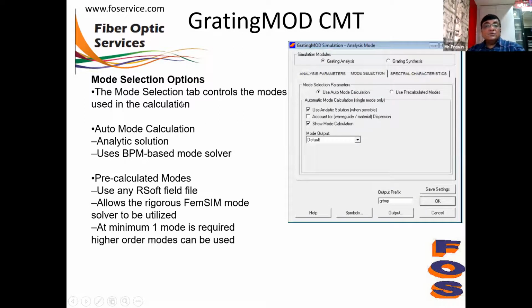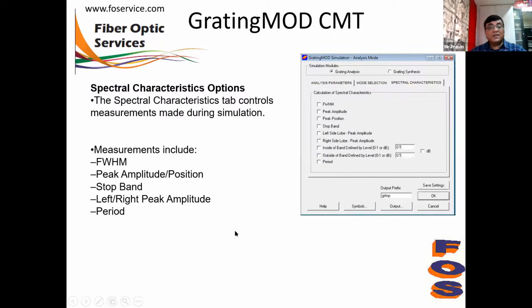Next is using the mode. Either one can calculate the mode using the BPM based mode solver, or if you have a pre-calculated mode from the RSoft file, like using FemSIM, you can input those modes to this grating and solve the grating problem.